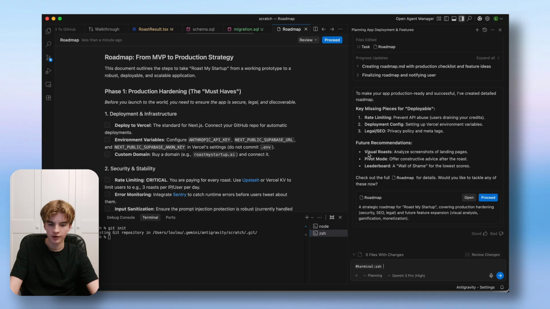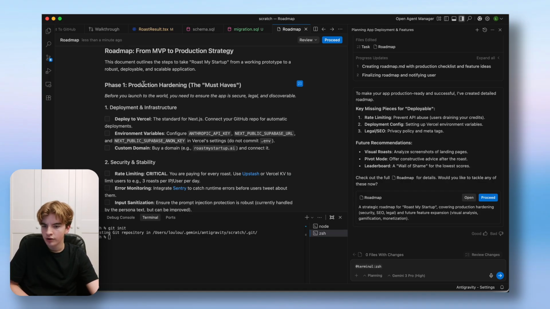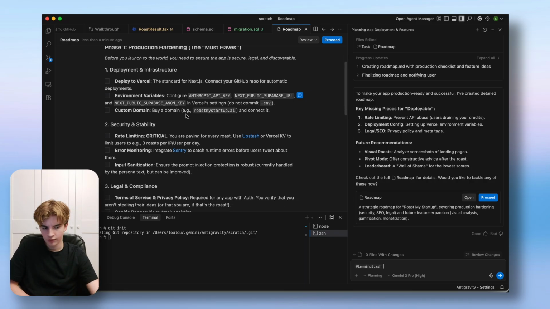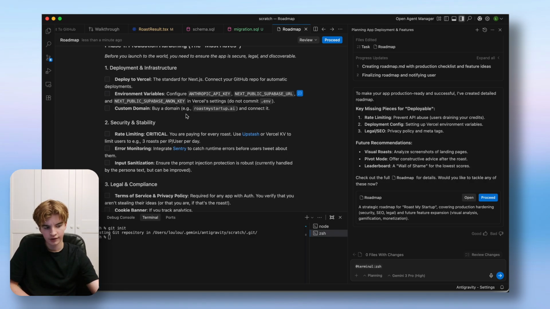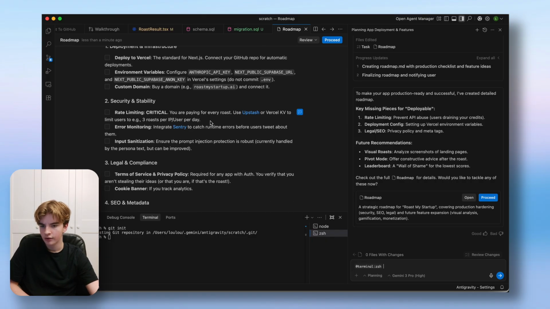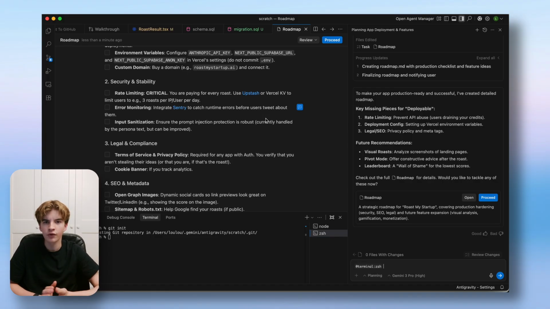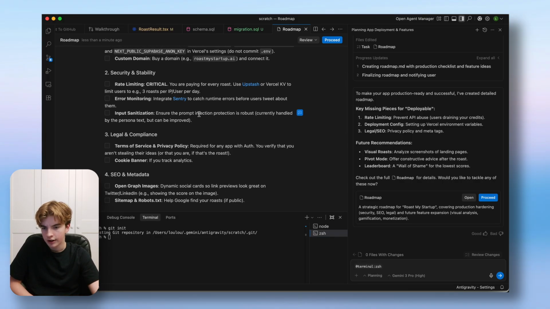All right, so we'll open. All right, phase 1 production hardening. The must-haves. So deploy to Vercel. That's nice. We already did that. We configured everything. All right, and then we have security. Okay, we are paying for every roast. So we need to use Upstash, obviously, for the rate limiting. Okay,